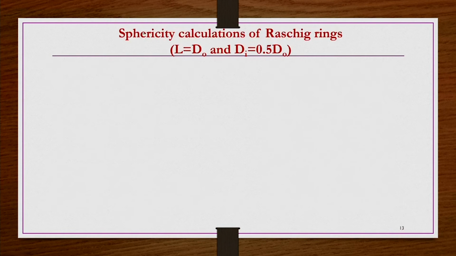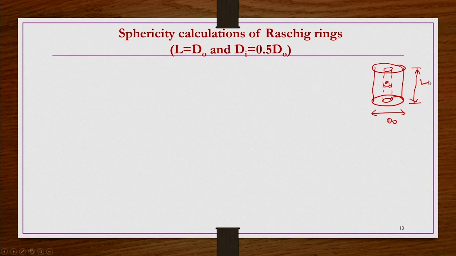So, let us say we take Raschig rings. Raschig rings are kind of short cylindrical particles. You can take something like this. The outer diameter is d naught, the inner diameter is di, and the height is L. So, this is a kind of hollow cylinder, with a solid wall and a hollow structure in between. They are used as a very good packing material in most chemical engineering applications.